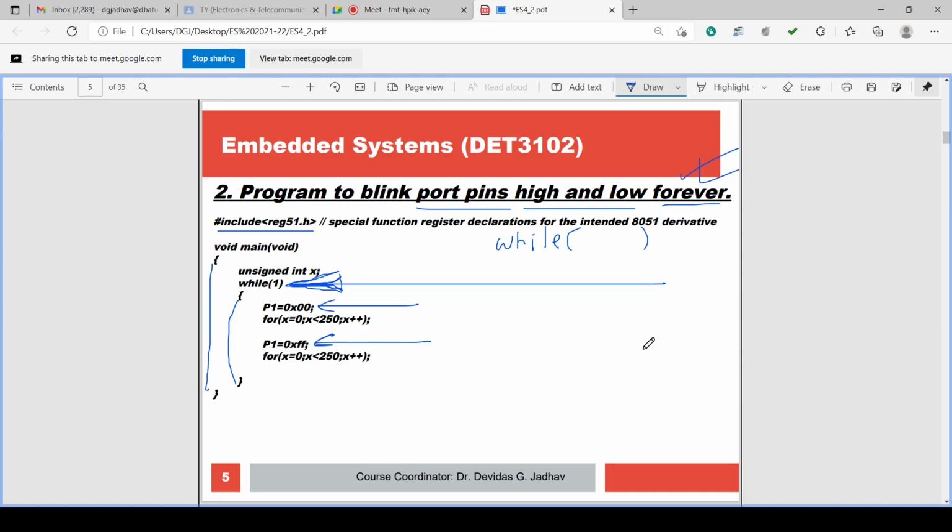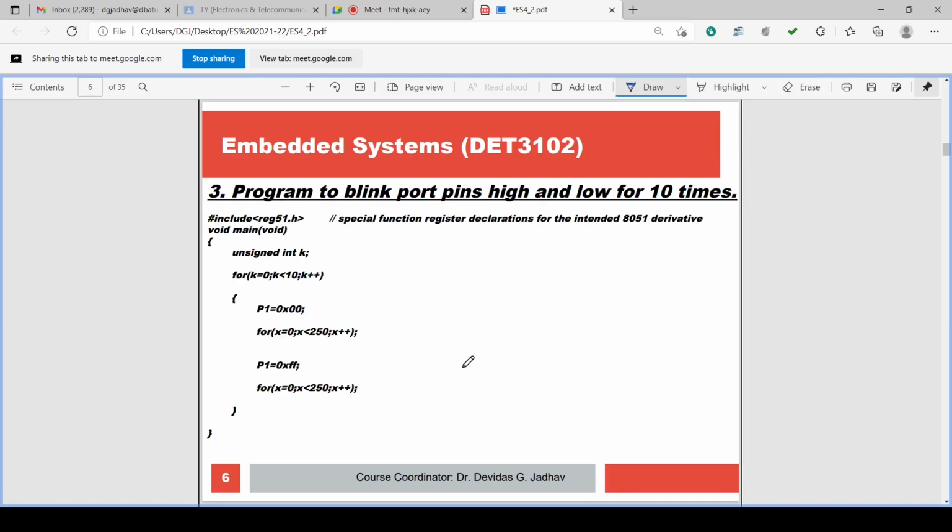So we have discussed two programs which are doing the very same work, but they are having different software constructs. One is using the forever loop for, second is using the forever loop while. You can use the infinite loop for, or we can use the infinite loop while. Now we are running parallelly. We have discussed the Microvision 5 software, its menu and help, and we are discussing the programs also.